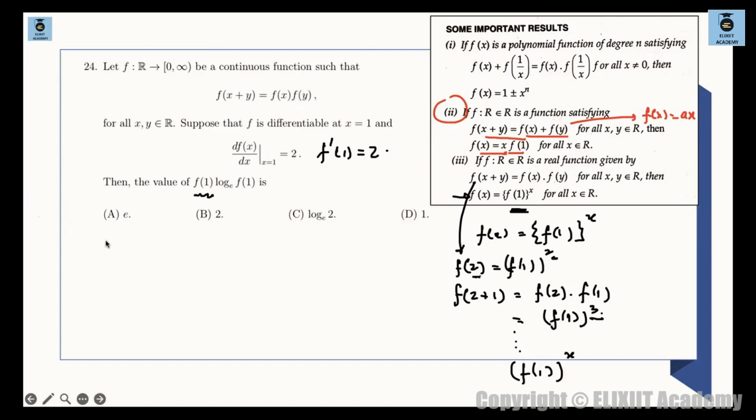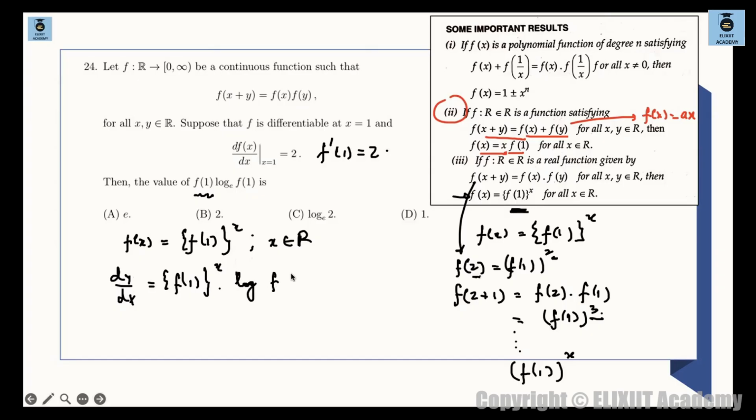So now once we know this shortcut trick, what can we say from here, so f of x is f of 1 raised to the power of x, ठीक है, and here x belongs to all real numbers, चलेगा। तो चलो dy by dx करेंगे। तो dy by dx of a raised to the power of x will be a raised to the power of x into log of a, यही होता है ना।